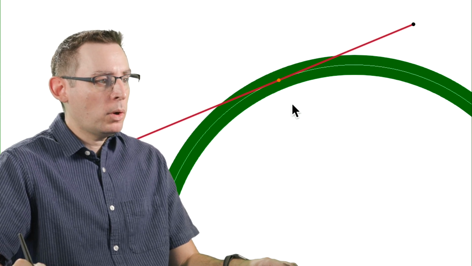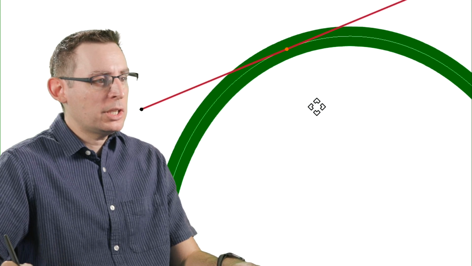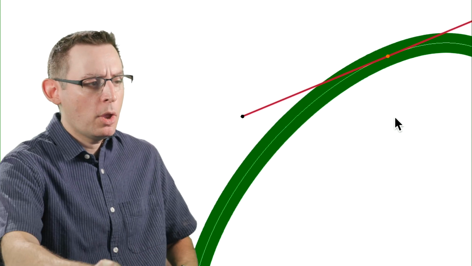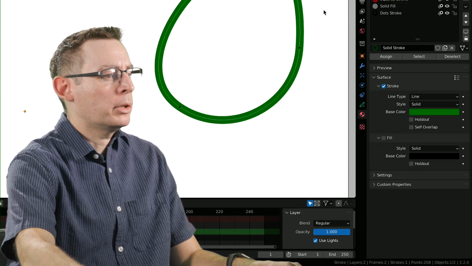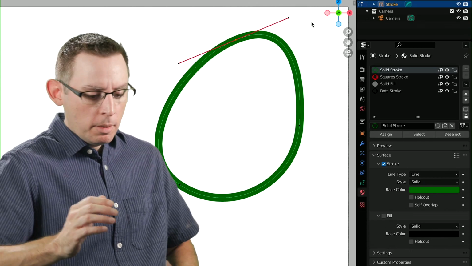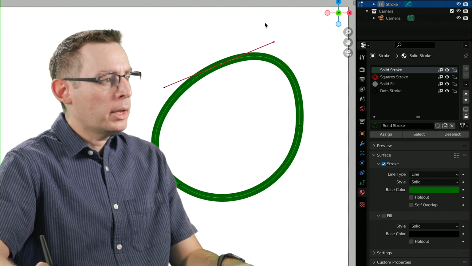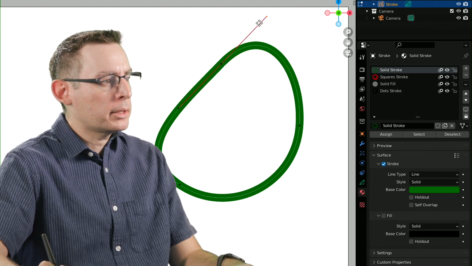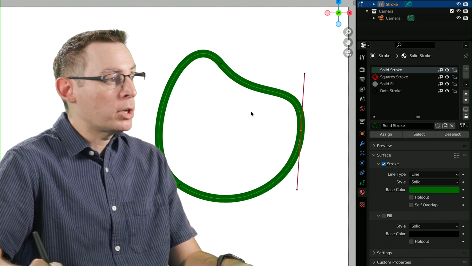Now, what's cool about this is that we can grab individual components. The center one is going to control the entire handle, and I can grab it and move it around. You can see that we're organically changing the shape pretty wildly now. But now we can very quickly go in and have a huge impact on the curvature of this line,